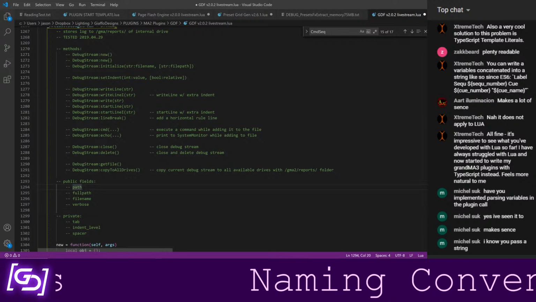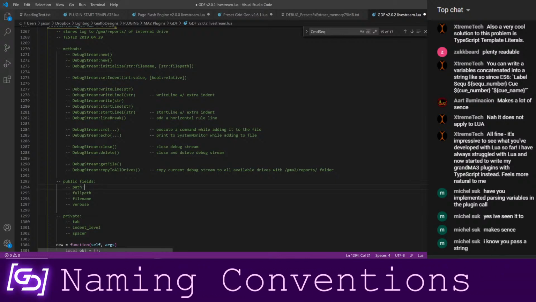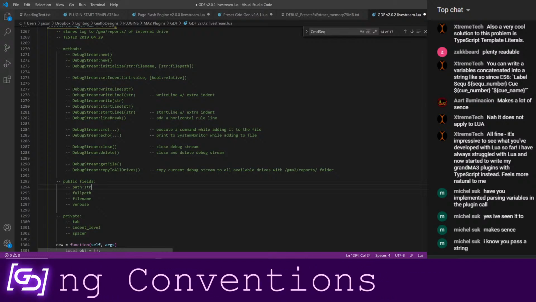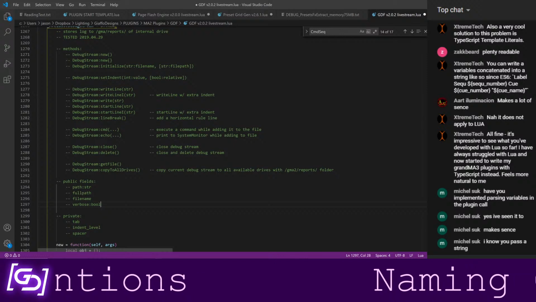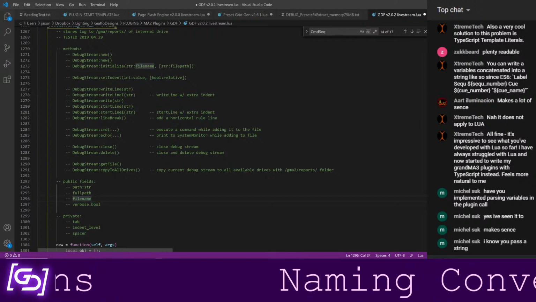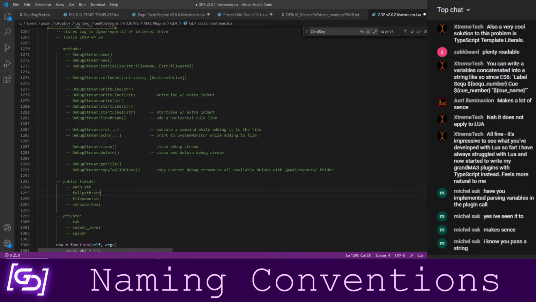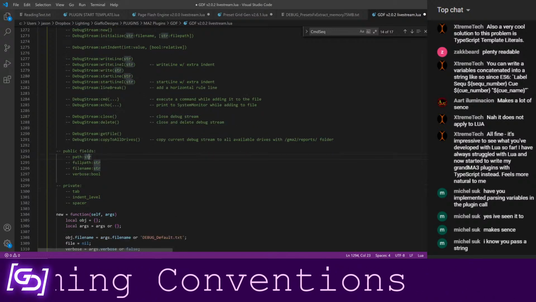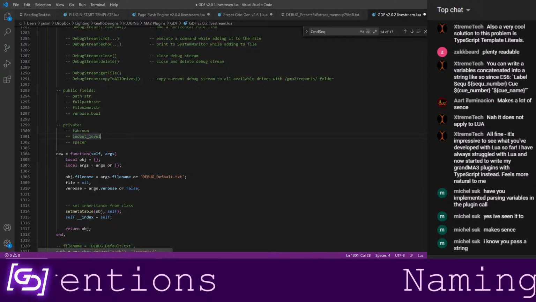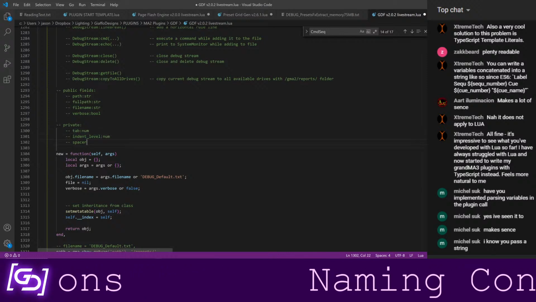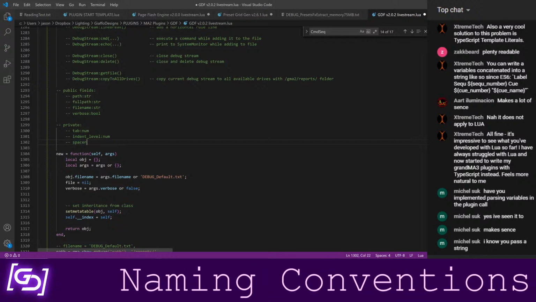If I had been a little bit more, what's the word? Thorough, I would have listed what kind of variables these are. So this is a string, this is going to be a string, that's going to be a string. I guess since I can look at these and know, it didn't seem like as big of a deal, but it is definitely also a good idea to document what kind of value it's going to be, so that you know how to work with them. So like tab, I think that's a number, but I don't know. Indent level should be a number. Spacer, string, question mark. I shouldn't even bother filling it in.